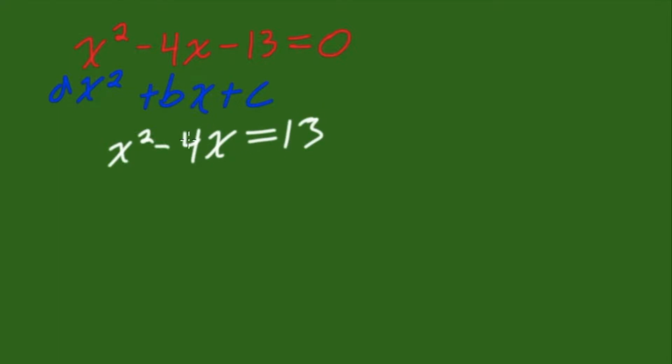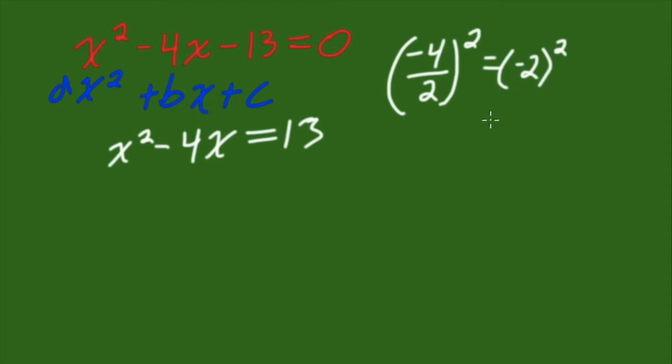Next up, this is the most crucial part of the equation, as we have to make it a perfect square, hence why we call it completing the square. To do that, we take our b value. If we look at what our b value is here, it's minus 4. And we take that value and we divide it by 2, and then we square the whole thing. So if we do that, minus 4 divided by 2 is equal to minus 2, squared,